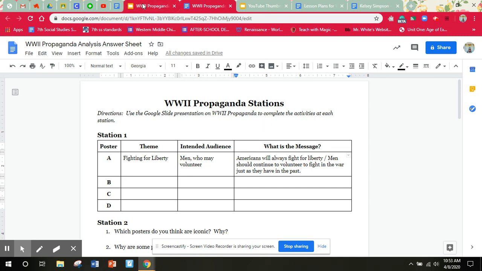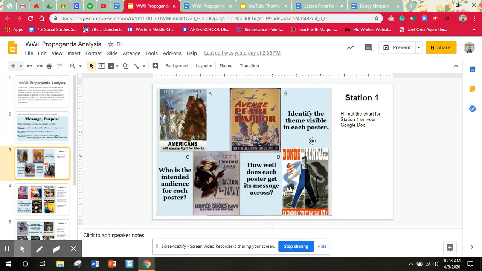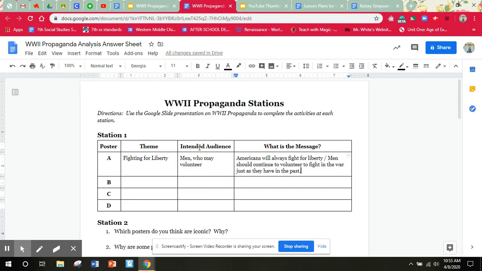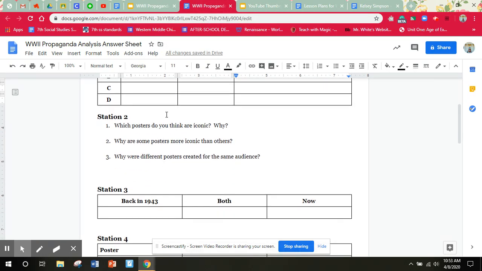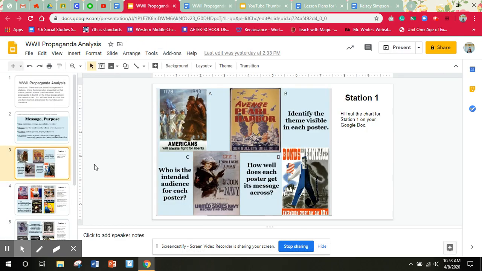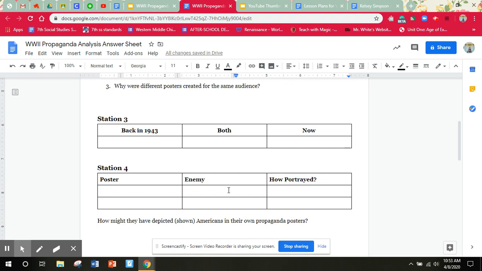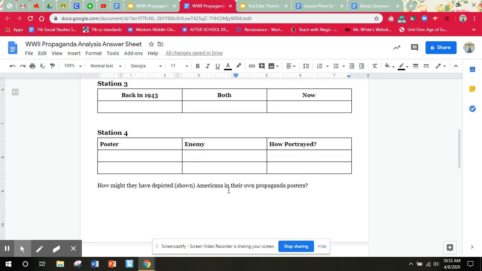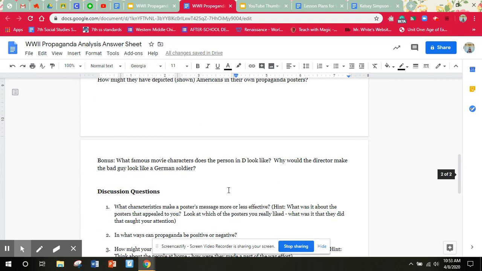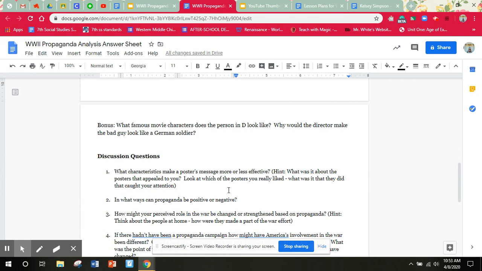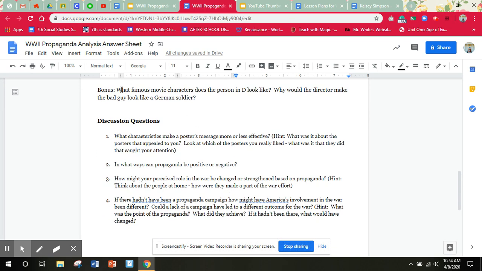So then you'll come back to your slides and do that again for posters B, C, and D. And then you'll move on to station 2. Okay? And each station is a little bit different. It has different sets of questions that go with it. All right. And then as you continue to scroll down and move through your stations, you have a bonus question,